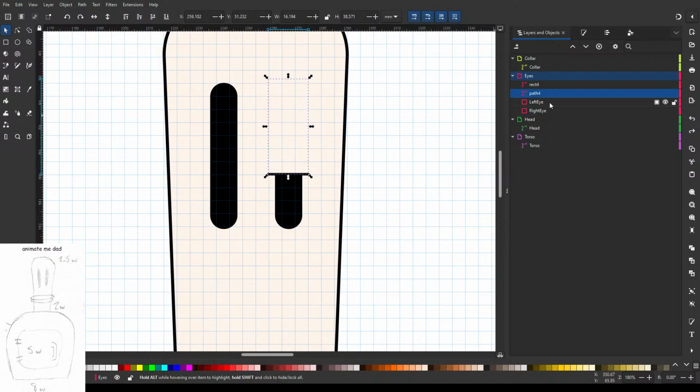Maybe. Because then if I take both of these and rename them,